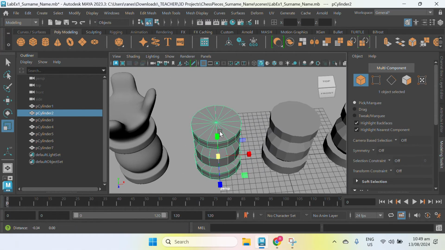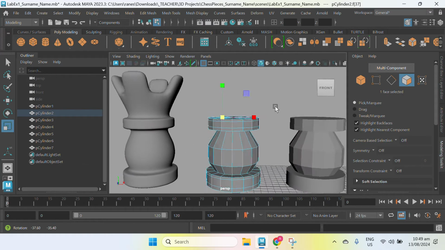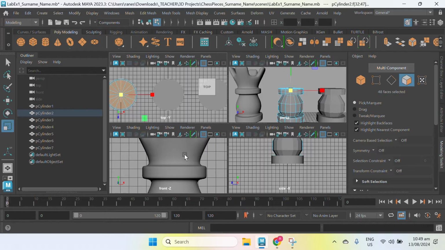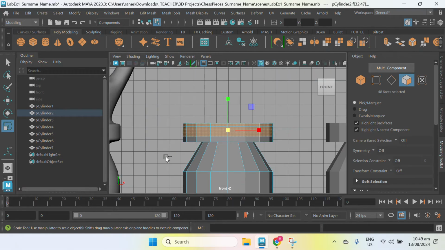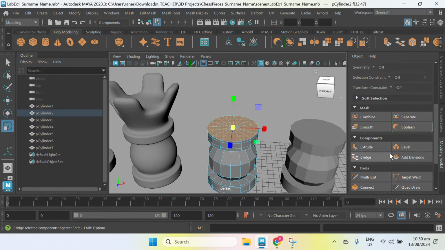Next, for this one, I will create the knight. So face mode, select the faces, and go to front view. Hover here, spacebar, F to focus. I'm holding control, deselect these faces. Go back to perspective, and then extrude, rescale, click and drag to the left, and then extrude, W, arrowhead upward.